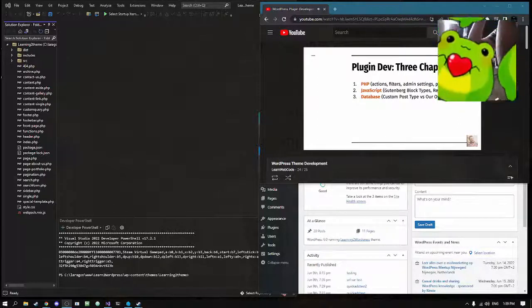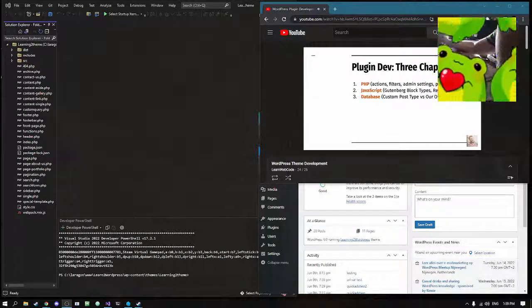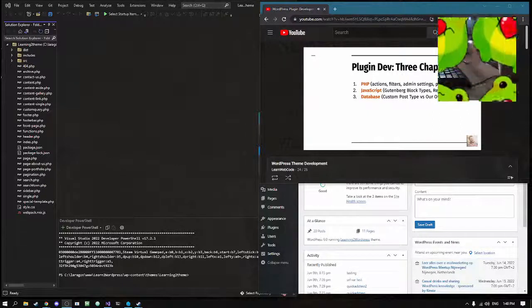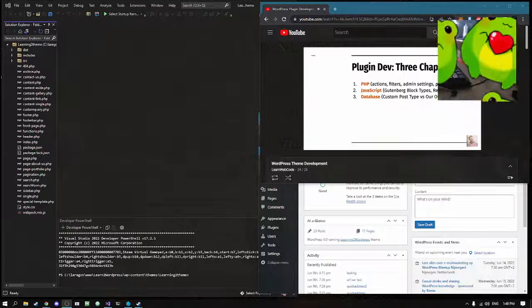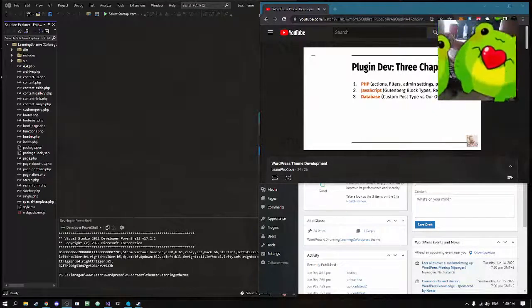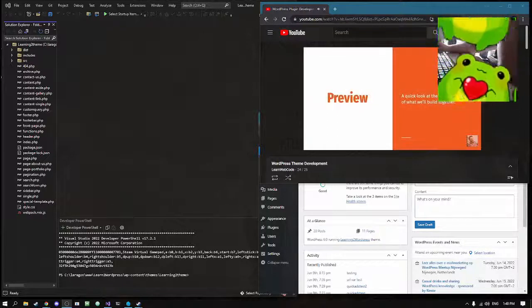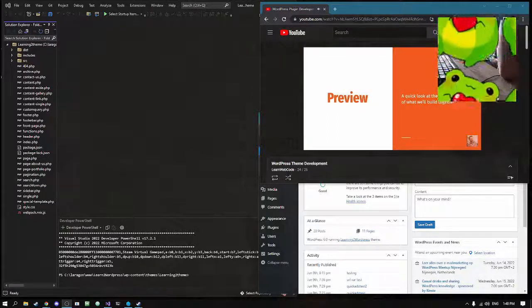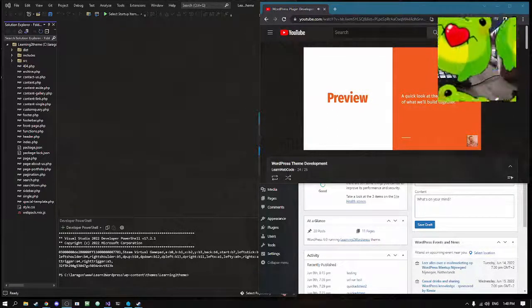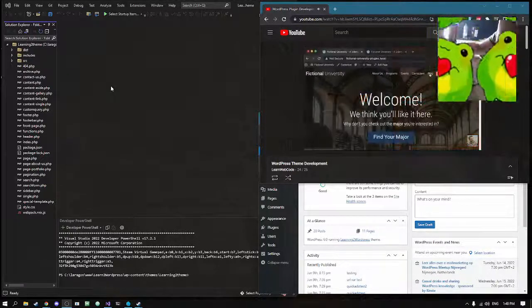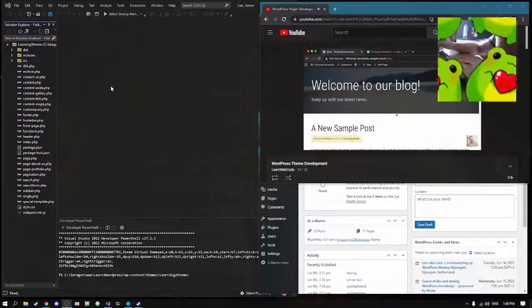So that's an overview of the 3 chapters, but if you're anything like me, topics or keywords like this aren't that useful. And instead, I prefer to see the real-world result of what we're going to create. So right now, let's take a quick look at the finished product of what we're going to build together. So if I visit the blog section of my website and then view the permalink or